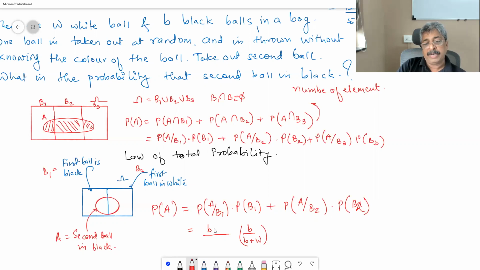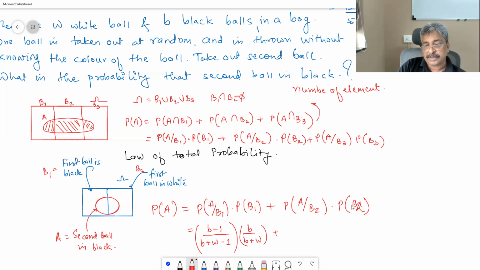So out of the black balls, the first ball is black, which is thrown out, and this is what I am calculating. Second ball is black. How many balls were remaining? B plus W minus 1. Correct? This is for the first, plus